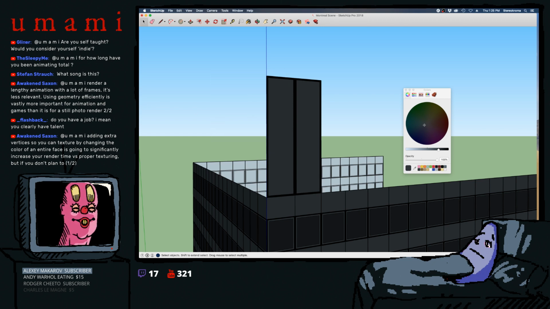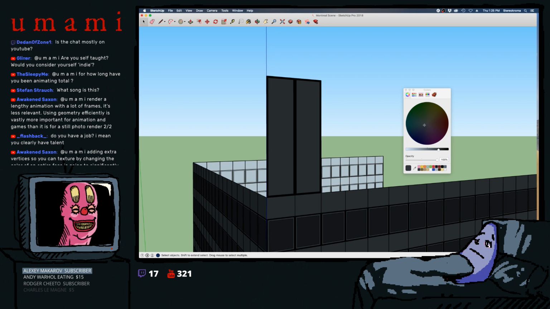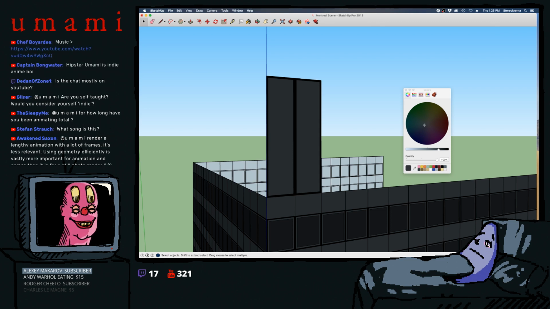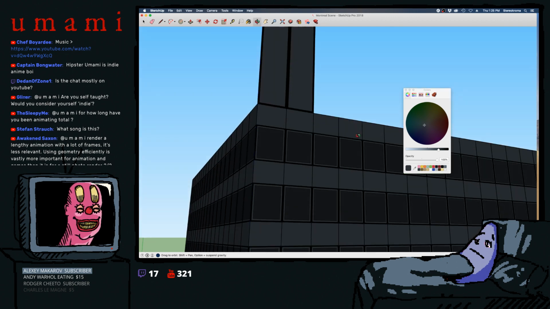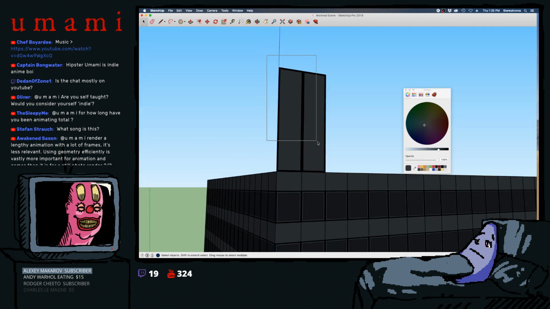Adding extra vertices so you can texture by changing the color of an entire face is going to significantly increase your render time versus proper texturing. But if you don't plan to render a lengthy animation with lots of frames, it's less relevant. Using geometry efficiently is vastly more important for animation in games than it is for a still photo render. Hey, Wacom Saxon, thank you, man, for the advice. I appreciate that. The thing is, though, with these buildings,